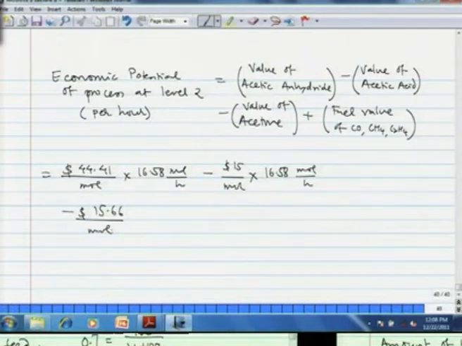This was the cost of acetic acid, now the cost of acetone into the consumption of acetone, that is 19.06 mole per hour, and plus